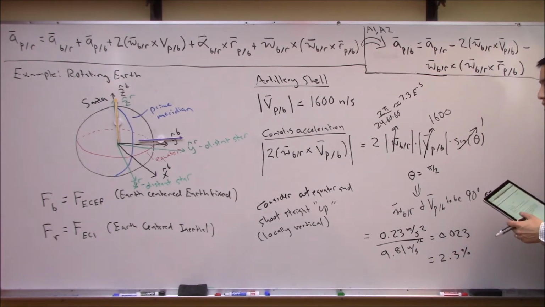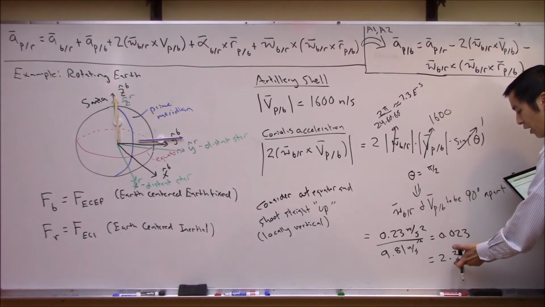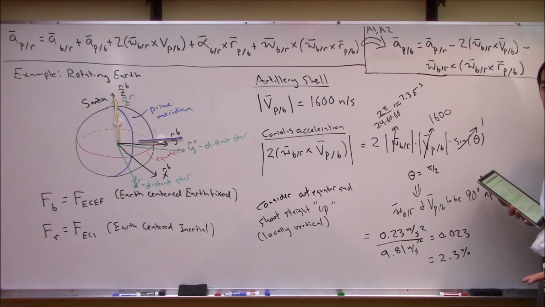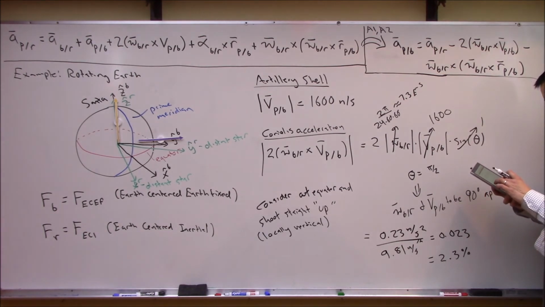So Coriolis is non-trivial, right? If you're not accounting for this, again, this might not seem like much, only 2.3% of gravity, but that's significant here, right? I think if you run some really simple numbers here, oh, and actually, sorry, maybe what we can do here is